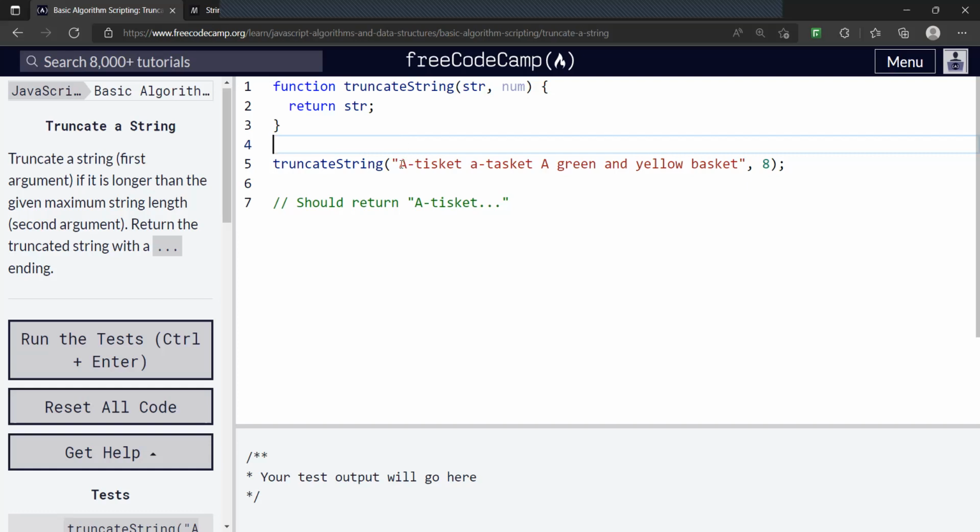So, for example, if we were to take this string here, which is quite a long string, and the second parameter is 8, this means that we need to truncate the string so that it's only 8 characters long. So we only keep the first 8 characters. If you think of a string as a character array, where each element in the array is one specific character in the string,